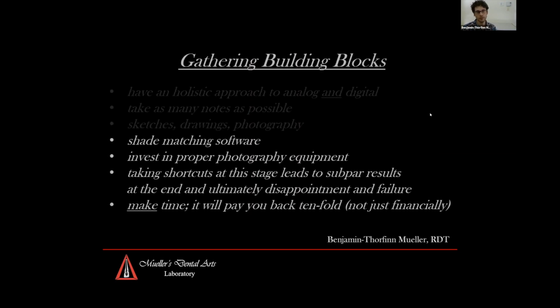Shade matching software moving forward will be a huge thing, especially with COVID-19. We were very lucky so far that we were able to see patients in our lab. I feel like that will be something, especially in the immediate future, that will not be taking place, unfortunately. And so,